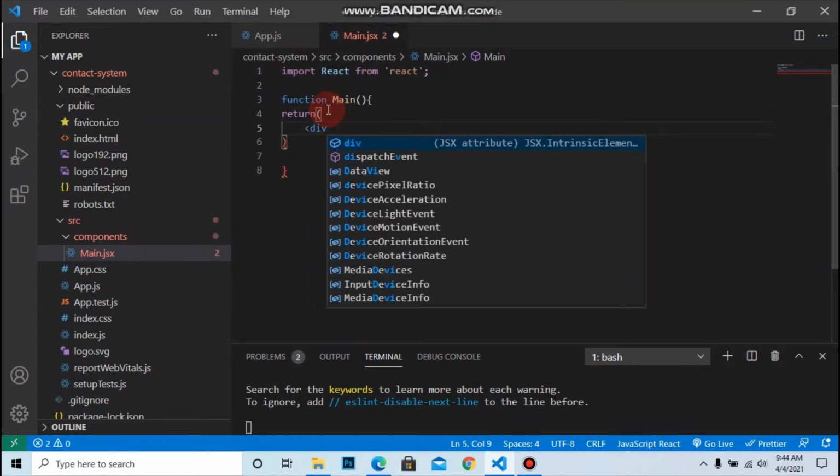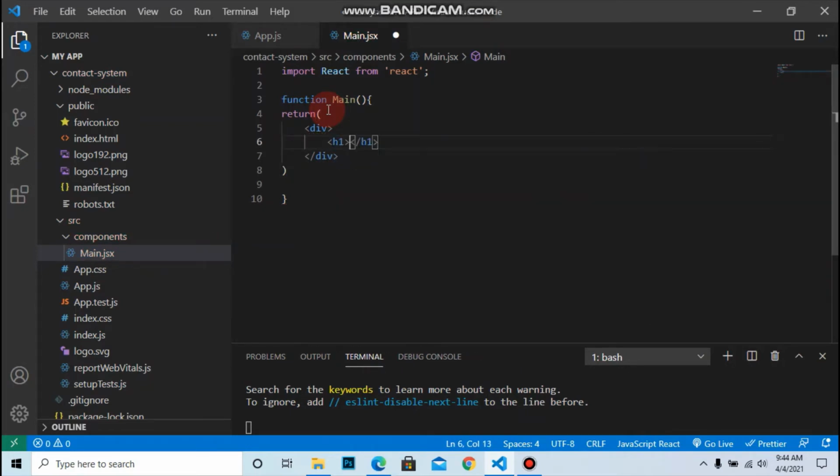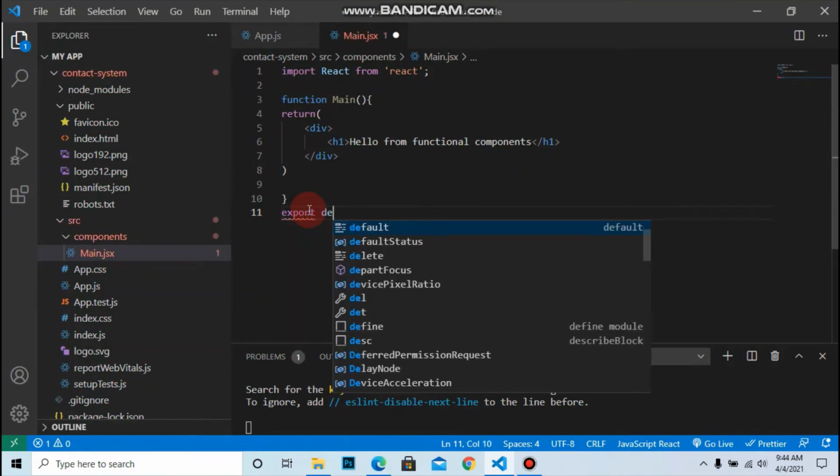let's make one div. Inside the div, let's make an h1 tag. So, hello from functional component. And in the last, we export the functional component. Export default